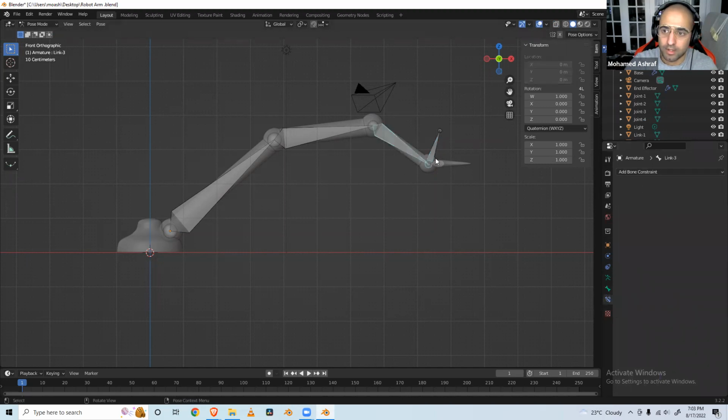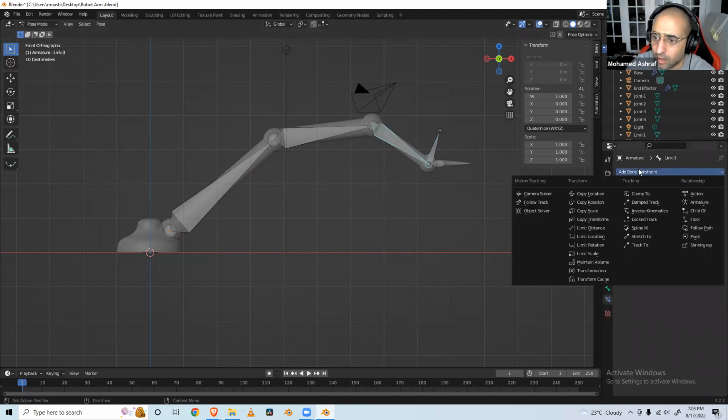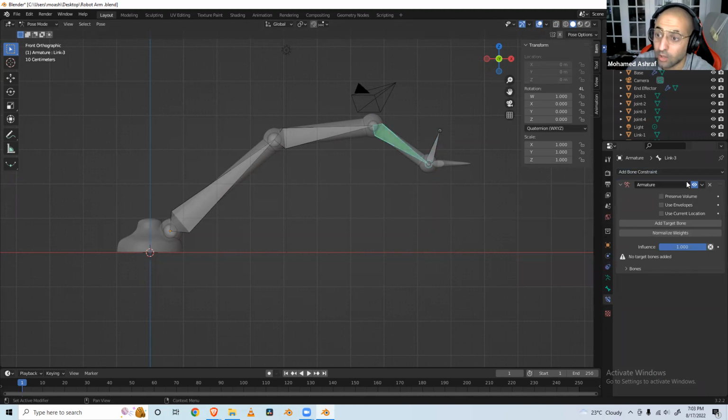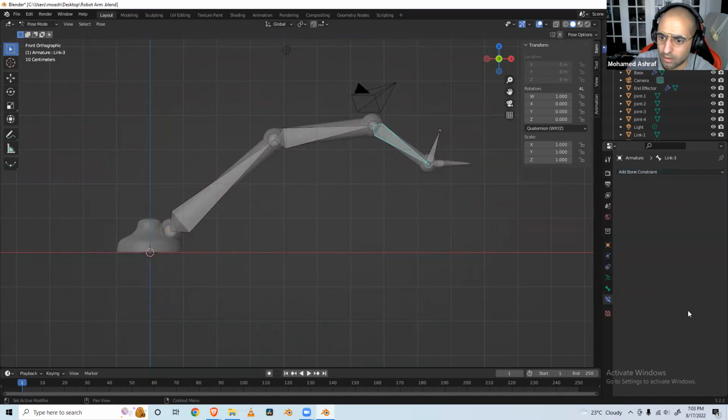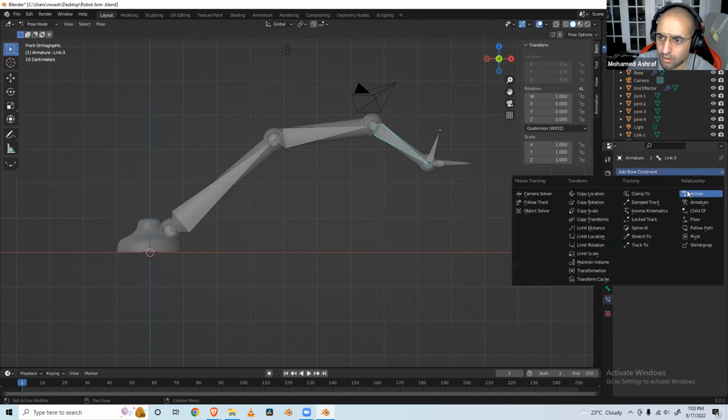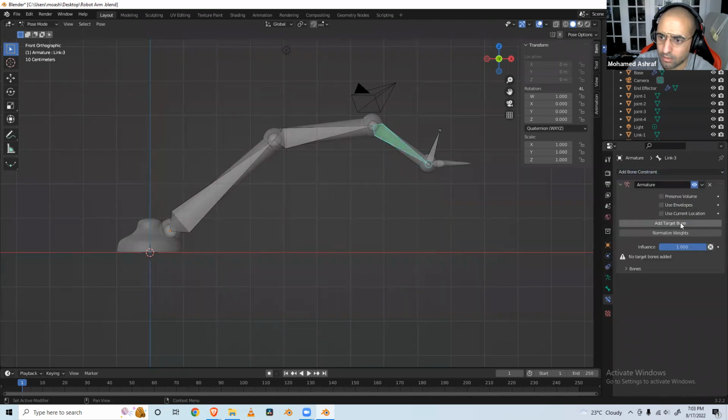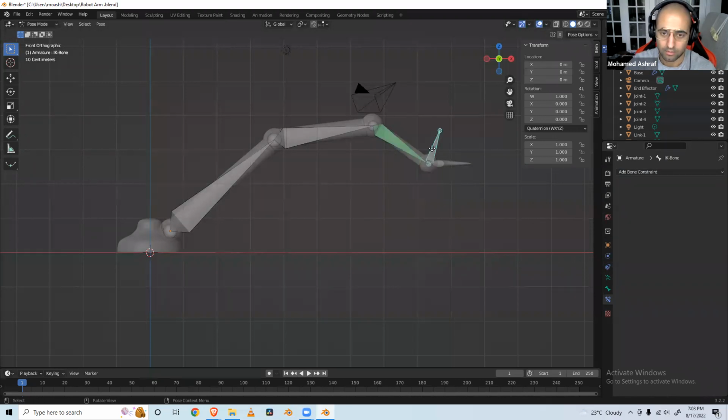Oh, you know what? We can add it to this one actually, link number 3. And we can add an armature constraint. Oh, no, not an armature constraint. Inverse kinematics constraint, sorry. Apologies. Is it? Oh, yeah, armature, sorry. Let's click on here, select the bone group, inverse kinematics bone. Okay, and if we've done everything right, then what we find is that if we move this bone,